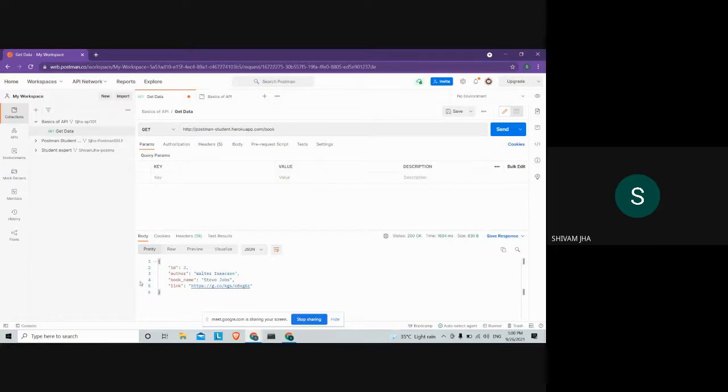So here are the various formats that the body can be viewed in. First one is pretty, second is raw, third is preview. Now, let's suppose you are working with the age-old curl command line request library for making the API request. There, what you'll receive is something like this: the raw format of the body. But Postman, on the other hand, lets you view that response in a beautiful manner.